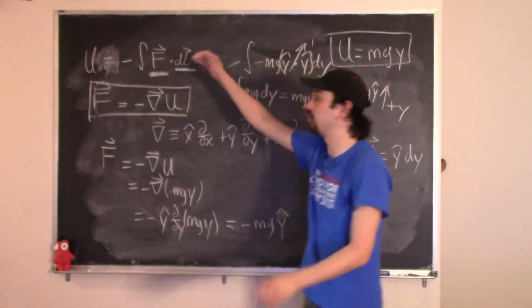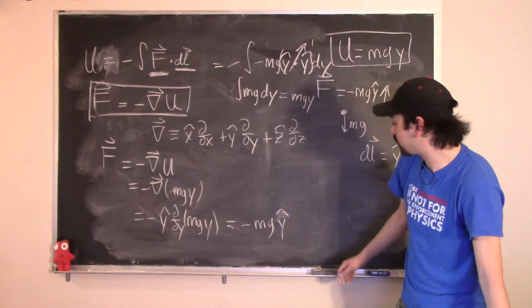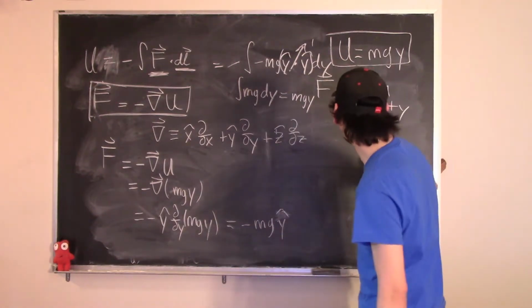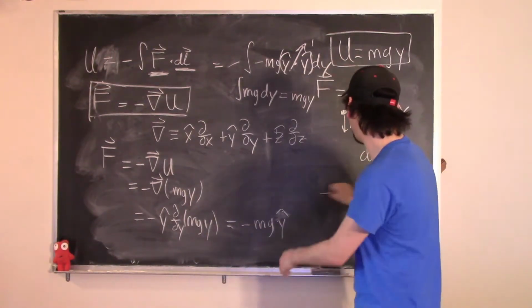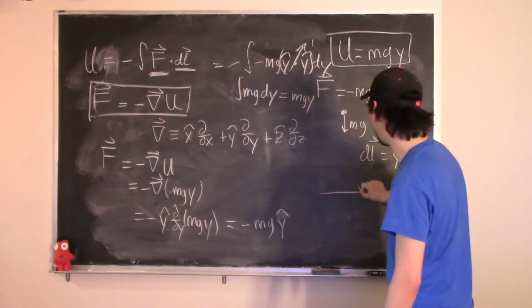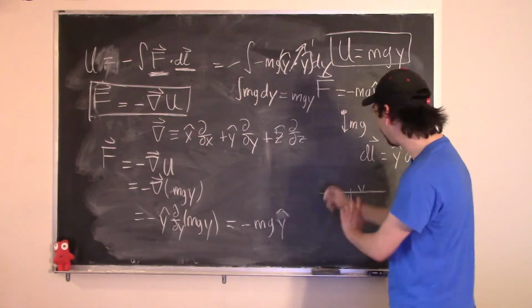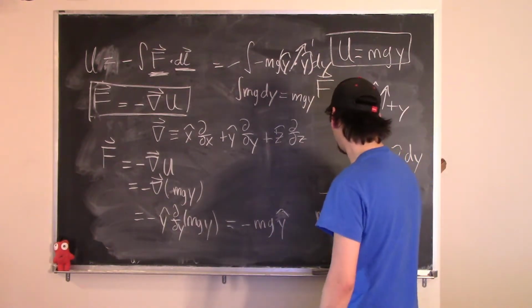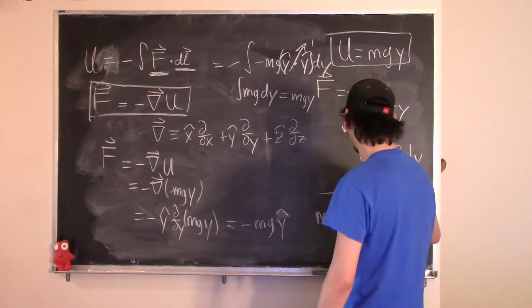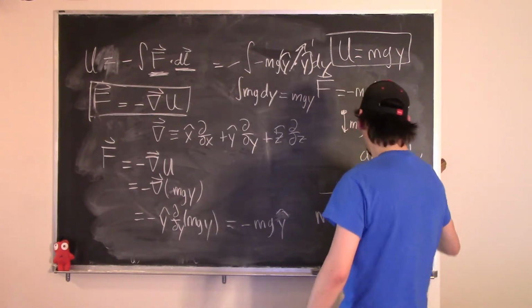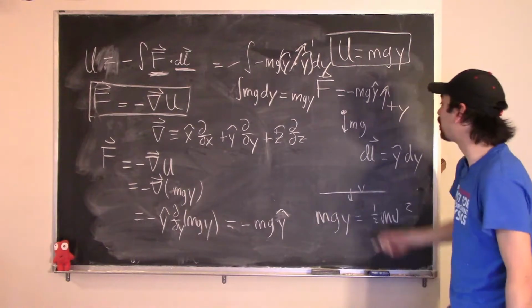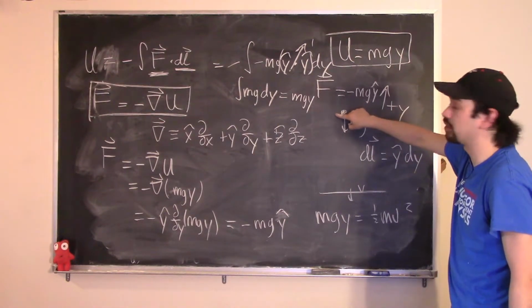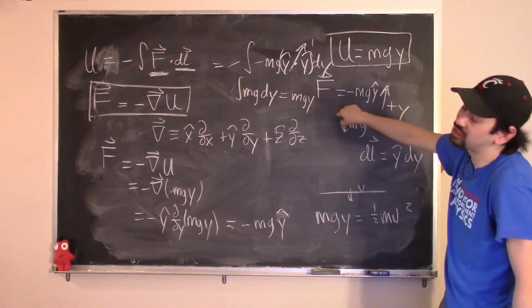I still preserve all of the same information, but it's a lot more manageable for me to solve this problem if what I'm trying to do is find the velocity at the bottom. It's a lot more manageable for me to say that mgy is equal to 1/2 mv squared and solve for v than it is for me to write down the sum of forces, say that sum of forces is equal